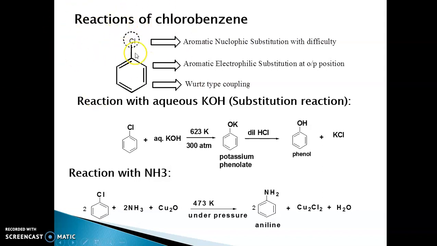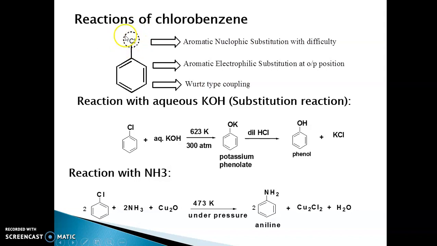There are 2 or 3 reasons which we will discuss in the next video lecture also. But as we have seen in case of vinyl chloride and allyl chloride, in vinyl chloride the Cl atom is attached to an sp2 carbon atom. Again, the percentage of s character and double bond character is there. So all these reasons are why this C-Cl bond is quite a strong bond, and hence it cannot be removed easily. So chlorobenzene does not undergo aromatic nucleophilic substitution reaction easily,